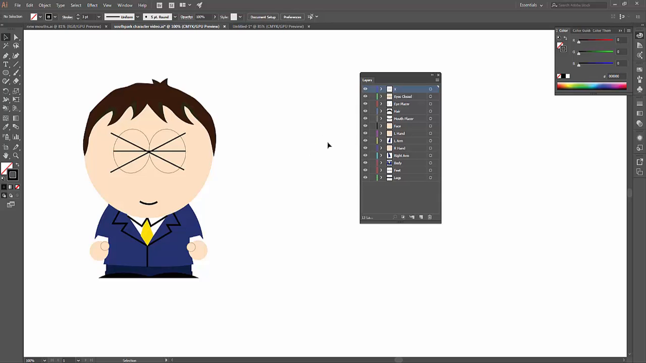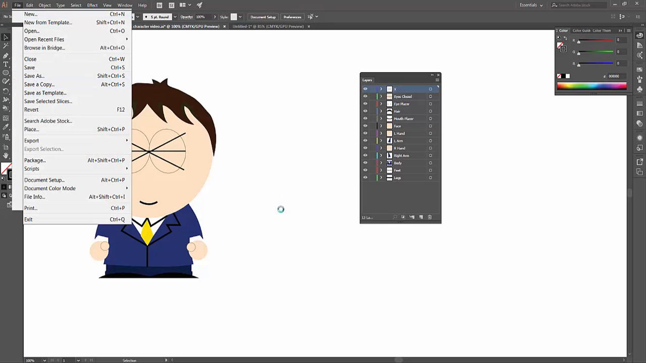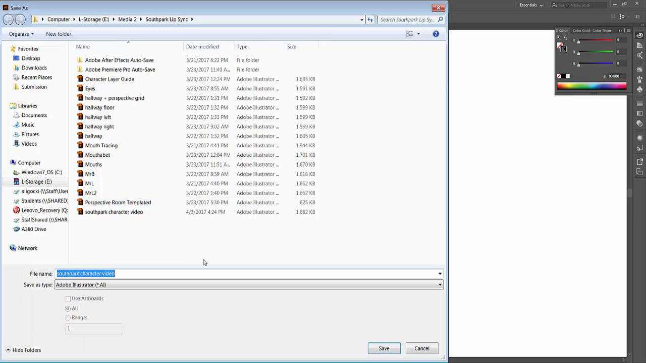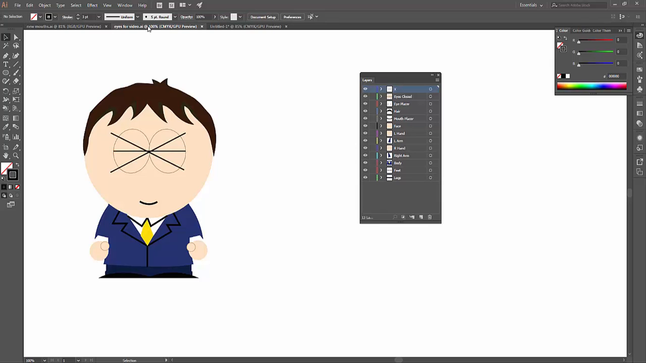Now, before we are done, we want to make sure that we call this something. So we're going to go to Save As. We're going to call this Eyes. All right, so I'm going to call mine Eyes for Video because I already have an Eyes layer. And basically, when we save this, we want to make sure we save it as Eyes for Video so that we can go through and delete all the layers except for